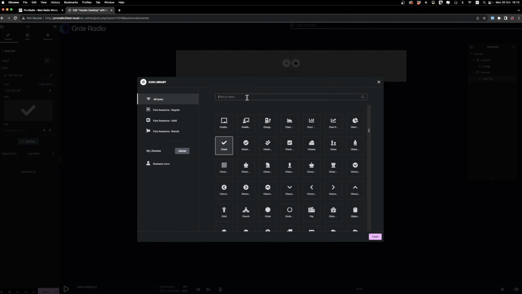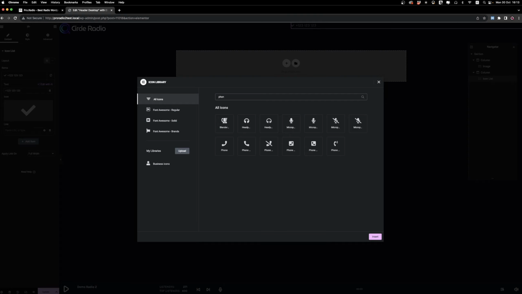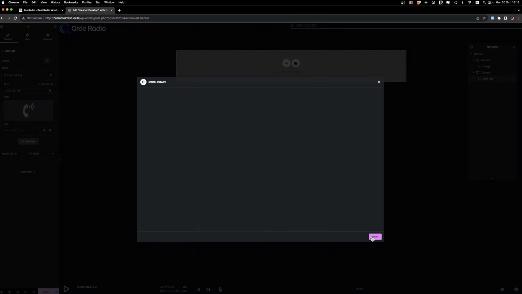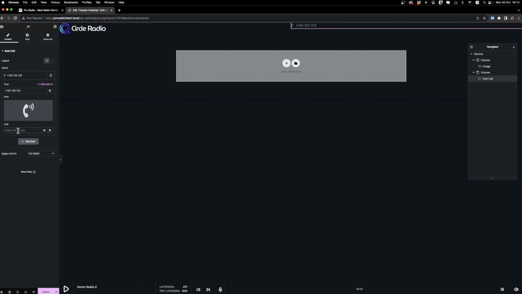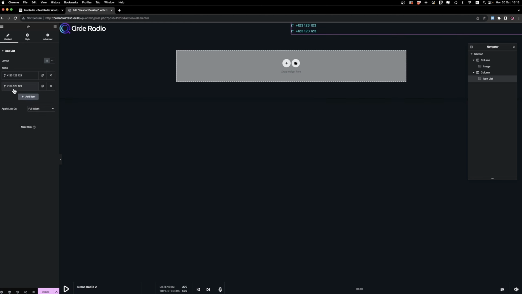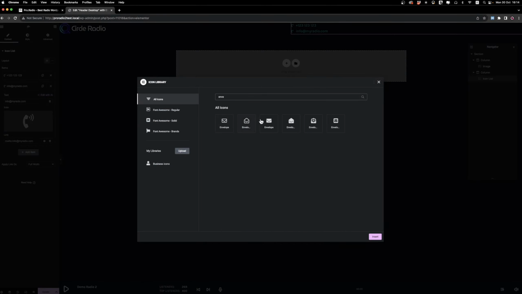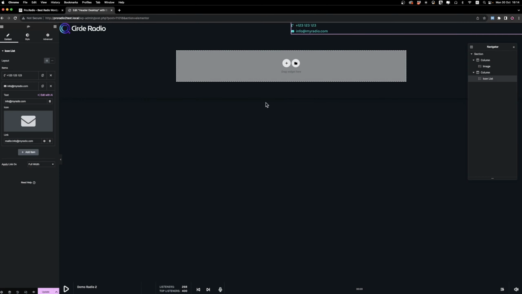Choose a phone icon and link to your phone number so people can click on the link to actually call your radio station. Now let's duplicate this and create a link to our email. And this we are going to set as mail to and the email address. Here we go. Let's set the list to horizontal